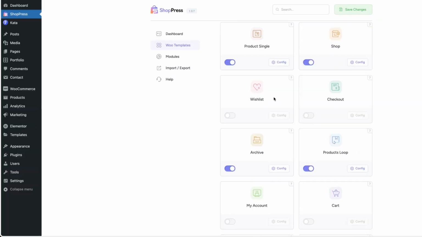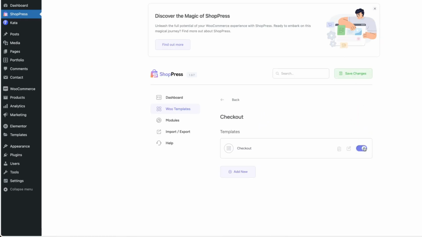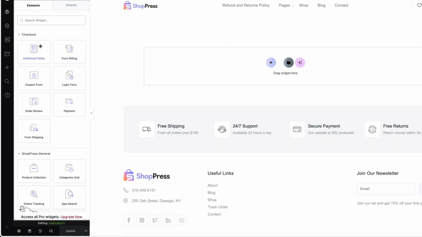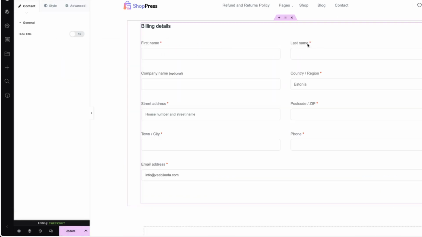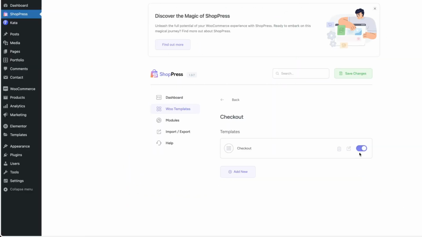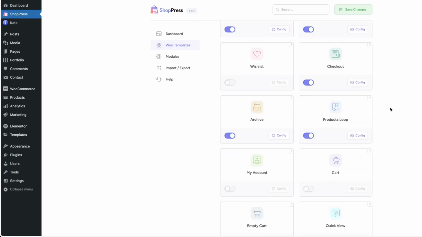You can customize a wish list template. You can create your own checkout page. Let's see what happens here. Let's configure it, activate it, save it, and edit it. You'll see that for the checkout page, you have additional fields: form billing, login form, coupon form, order review, payment, and form shipping widgets. Just drag it here and done. Form billing and done. Okay, I'm not gonna mess with that at the moment. I like my previous checkout template, so deactivate, save it, back to the templates,